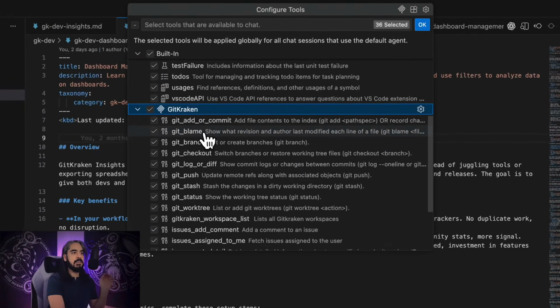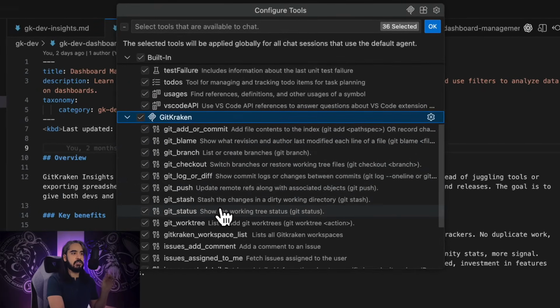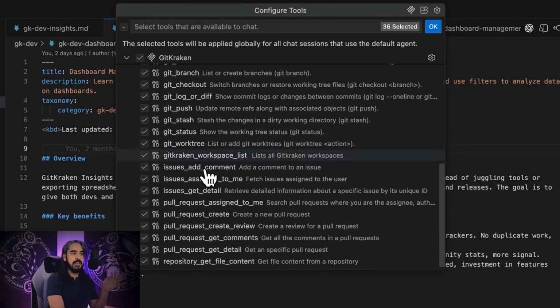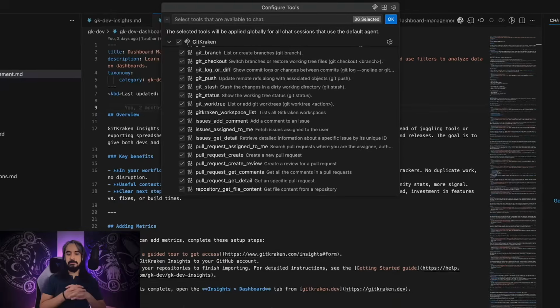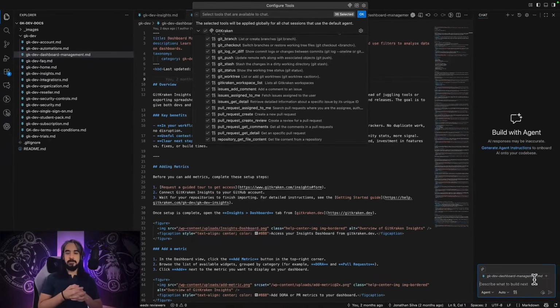I can do git blame, git push, git status, and I have access to my issues. I can add comments. I can grant permissions to get issue details or interact with my pull requests. So all of that can be had just by talking to your favorite agent, in this case within VS Code, and you can perform all sorts of really cool actions right from within VS Code or Cursor or